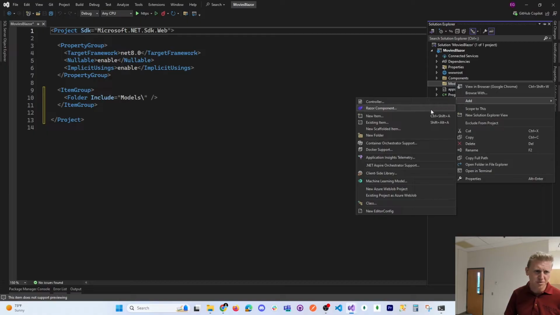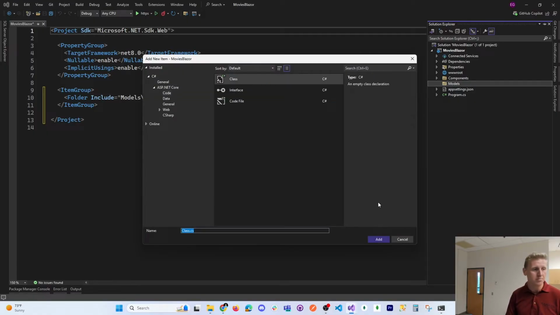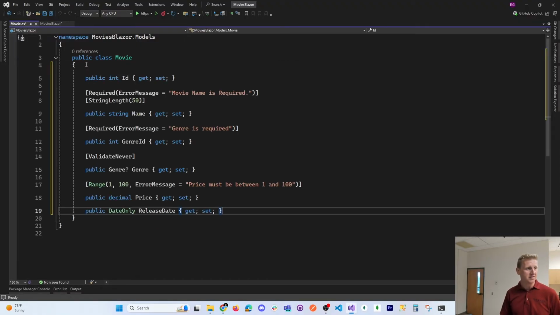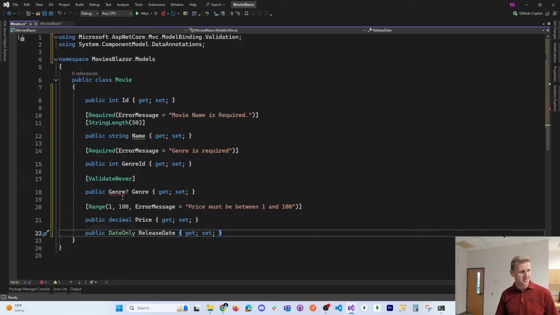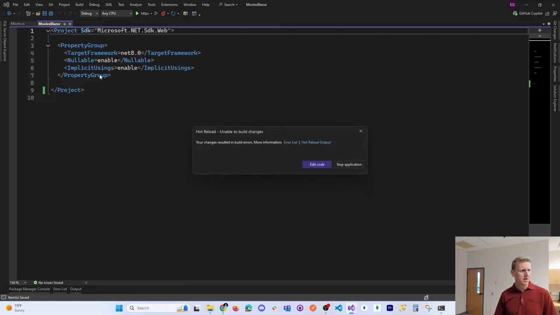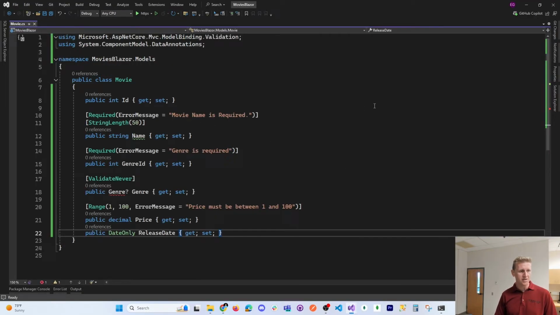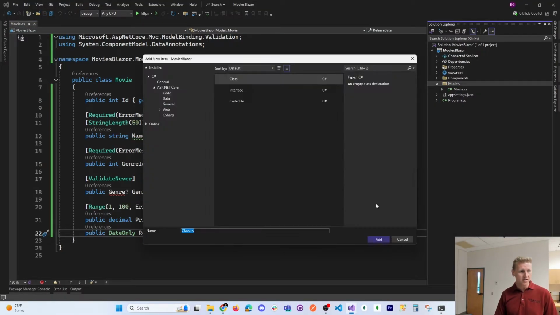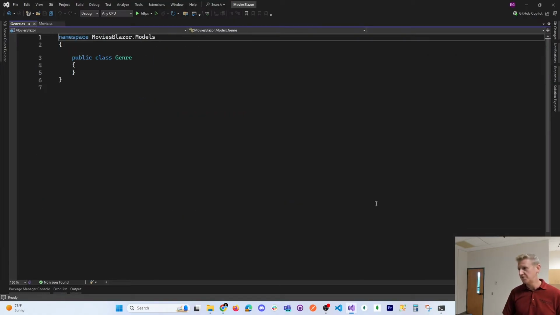And this was code duplication, right? So I had a Movie class, and this Movie class was a copy and paste of my Movie class in the back end. So I didn't love that, right? So let me stop the application, and it doesn't like that I don't have a Genre, so let's also bring over the Genre class. Add class of Genre,